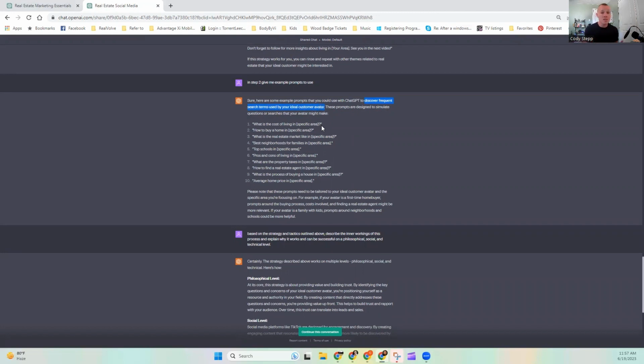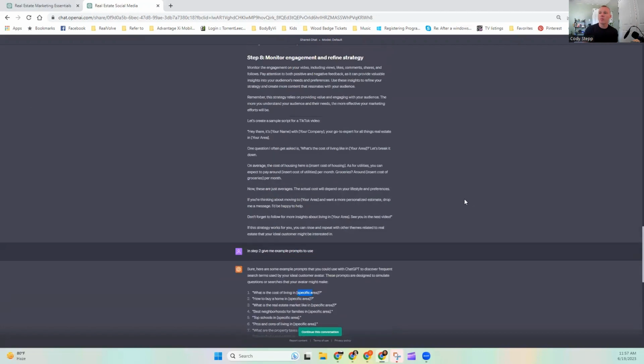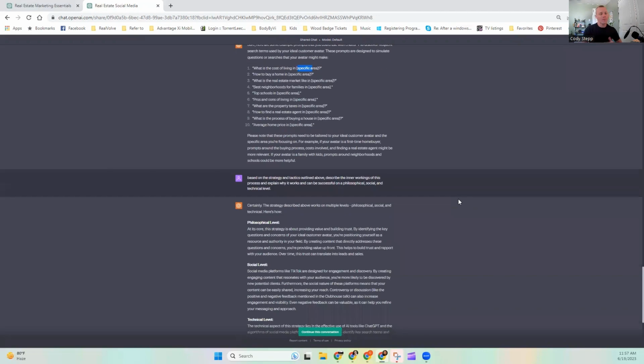And ChatGPT is also going to need to know the specific area. So it's in brackets, it's using a merge field, put specific area. Now we know the prompts that we need to start with. We know the things we need to do, and we have an 8-step checklist on what we can do to be successful. Man, this is crazy. This is awesome. This is going to be how we can move with so much speed.